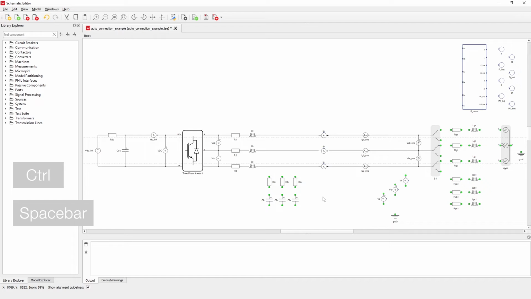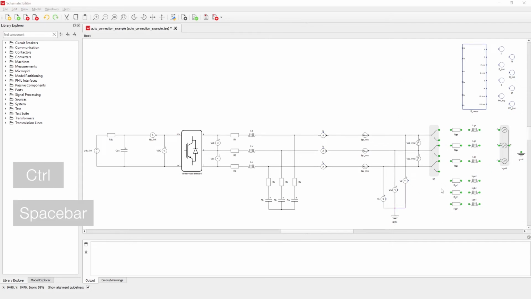Let's complete the output LC filter by connecting the capacitor internal resistances to the appropriate phases. After that, we can connect the capacitors. By repeatedly issuing the command, we can create the neutral point for the bottom terminals of the capacitors. Similarly, let's connect the phase voltage measurements, shorting their bottom terminals. An odd number of terminals will be shorted at the center, and an even number will be shorted at the first terminal.